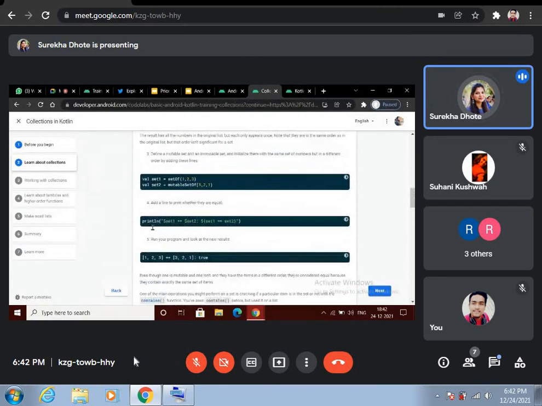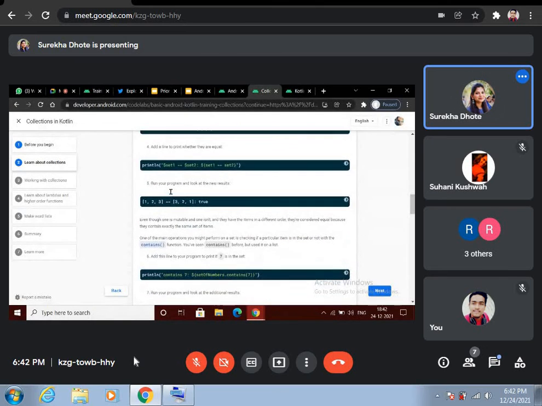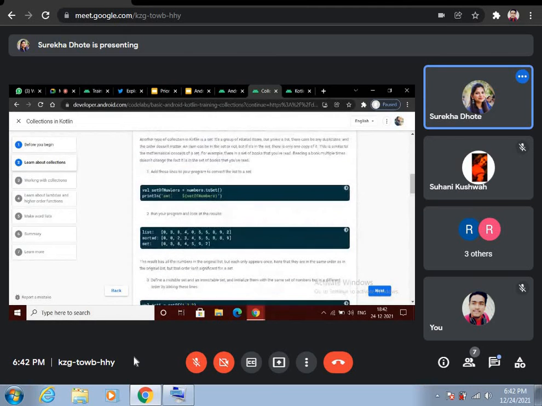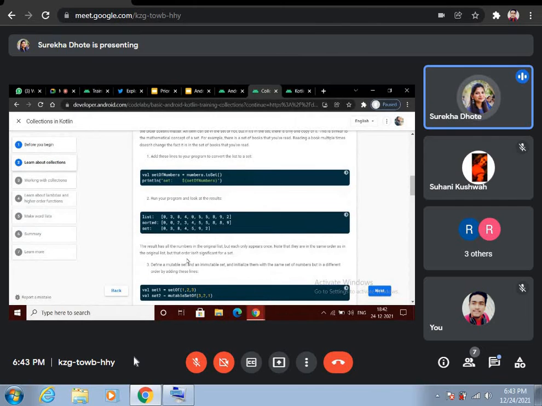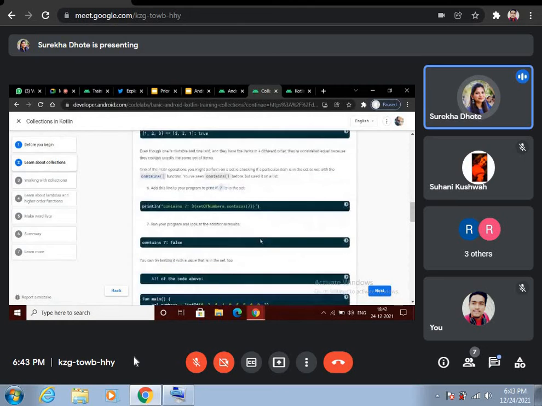For this code, the set of numbers did not include 7, and when we searched for 7, we see the output contains false.